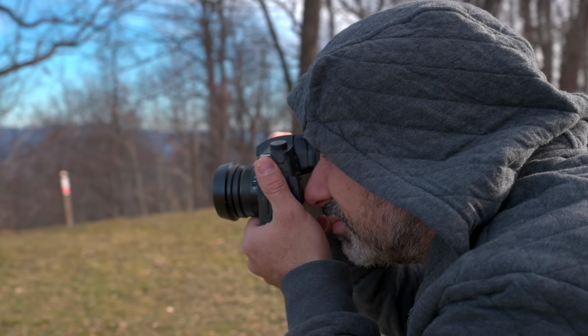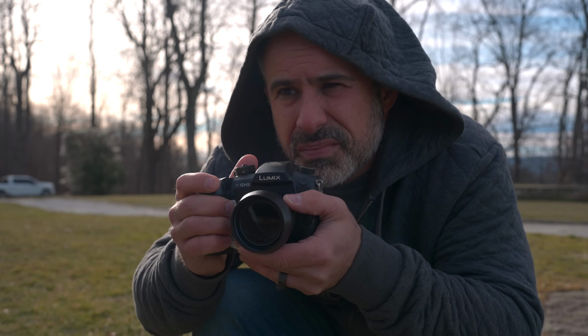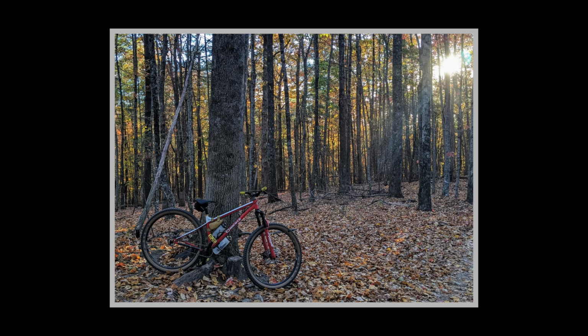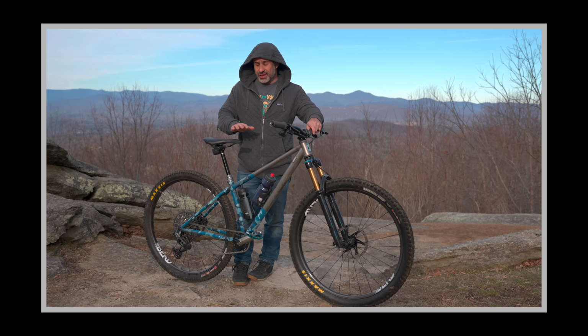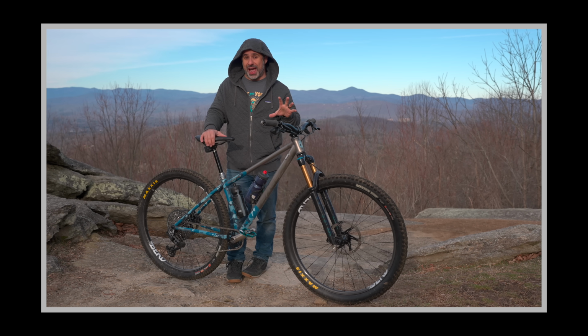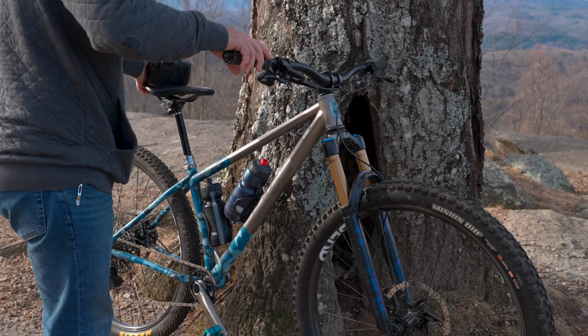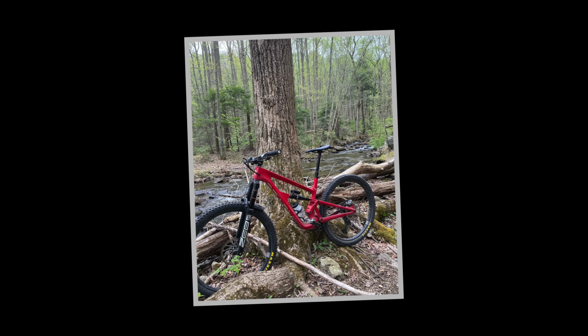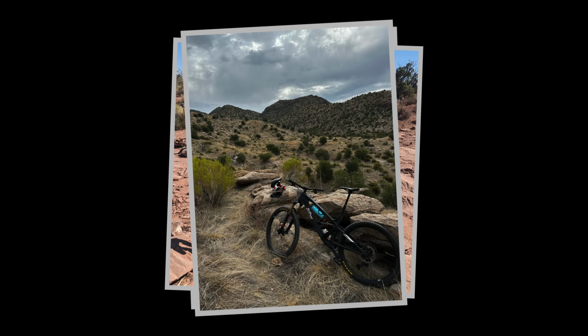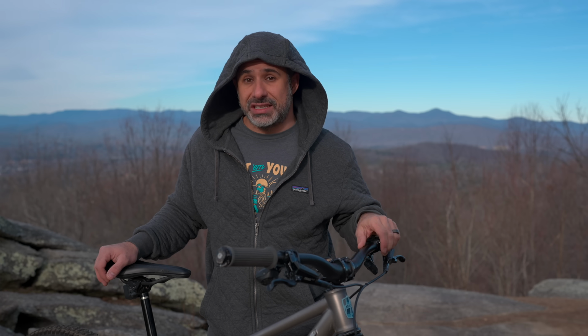Recently, we asked our readers on Substack to post pictures of their mountain bikes, and what we got was pretty wonderful. It was all pictures of bikes in their natural environment, set up the way people are actually riding them, and they're shot as they stand. The bike's just leaning against a tree, propped up on a rock, and what you end up with is a lot of personality and a story behind each bike, and that is precisely how the bike media does not take